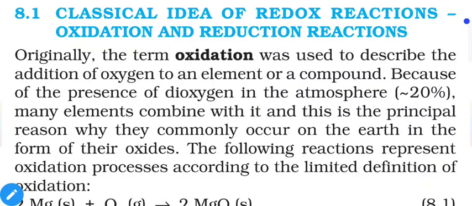Whenever we burn some material, either metal or non-metal or anything else, if we burn it continuously in the presence of air, then it will react with atmospheric oxygen and you will get an oxide of that material: metal oxide, non-metal oxide, etc. And we know that in air, the second largest component is oxygen. First we have nitrogen and then we have oxygen. So oxygen is freely available in the atmosphere.